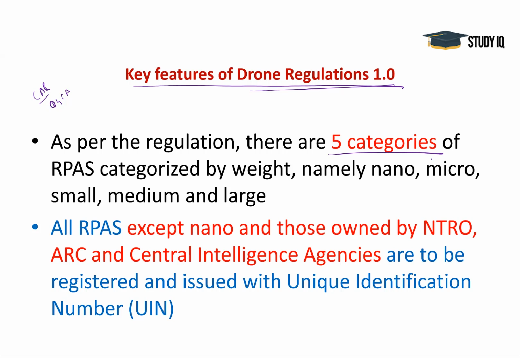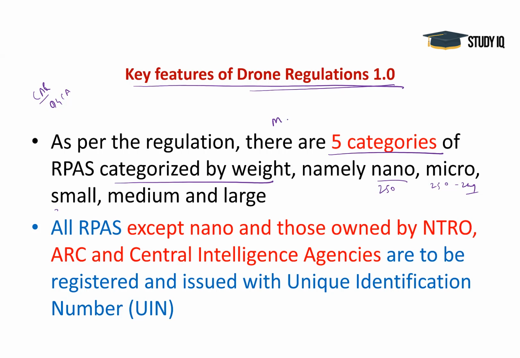RPAs are categorized by weight. Nano is less than or equal to 250 grams. Micro is greater than 250 grams but less than 2 kg. And mini, or what you can call small, should be greater than